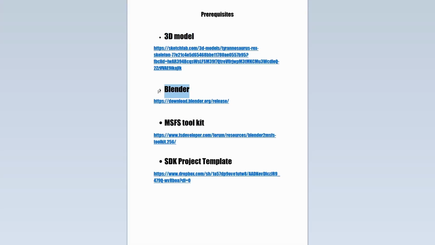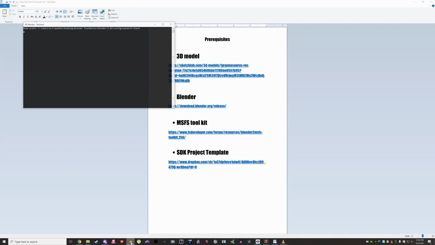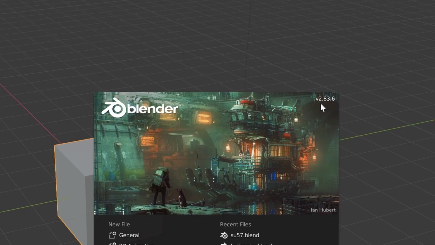Now what we need is Blender. Blender is a free 3D modeling software. You can download it from blender.org, and the version that I suggest is the version that I'm using, because the newer version might or might not have problems with the MSFS toolkit. Alright, so just to be on the safe side, I'm going to tell you which version I'm using, and then you can use the same version. The version that I'm using is